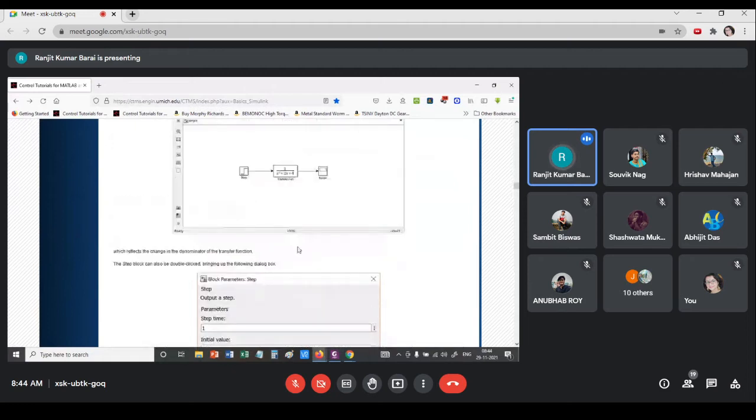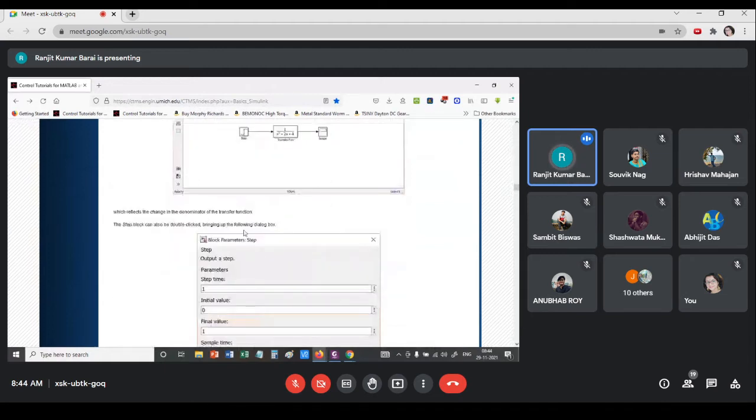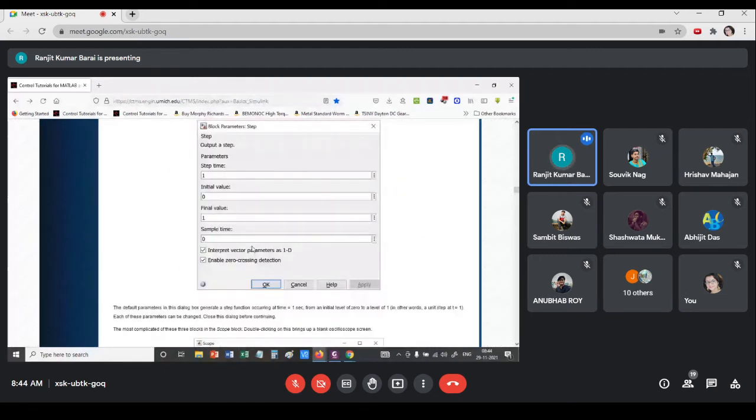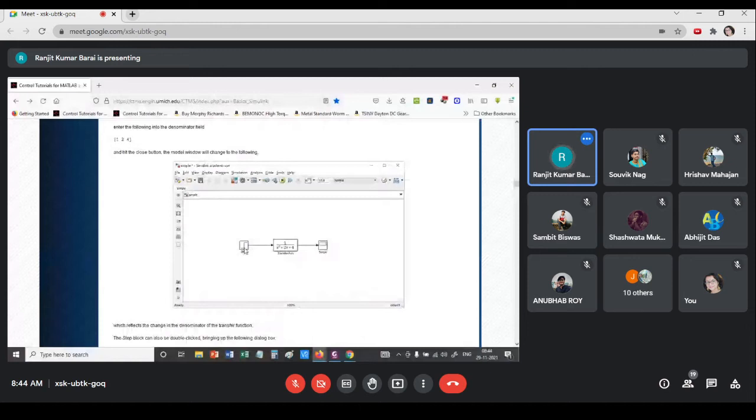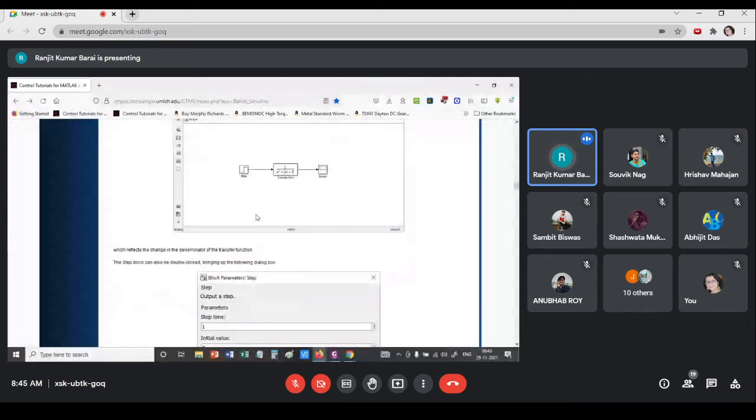Now regarding the step input, if I again right click and select its properties, you have to play with it, just to build up your confidence.